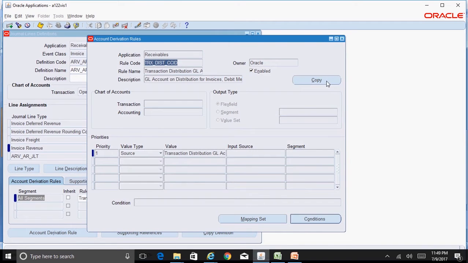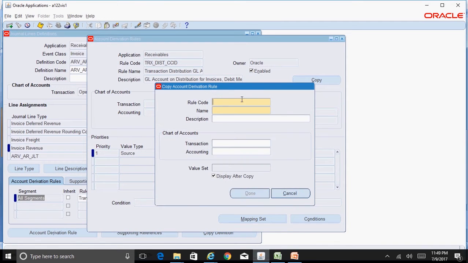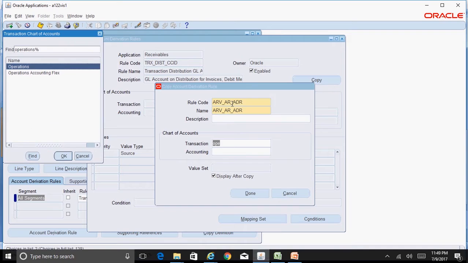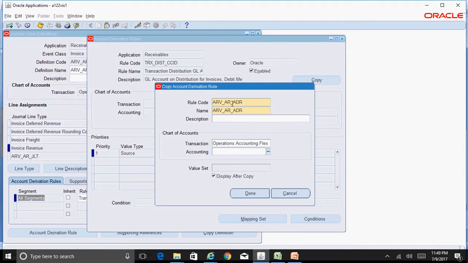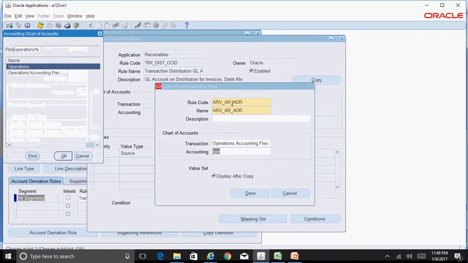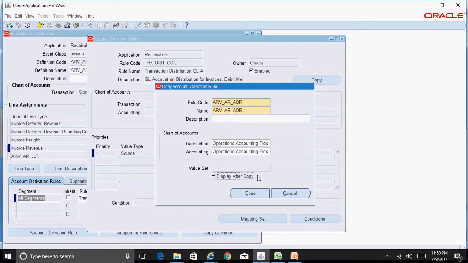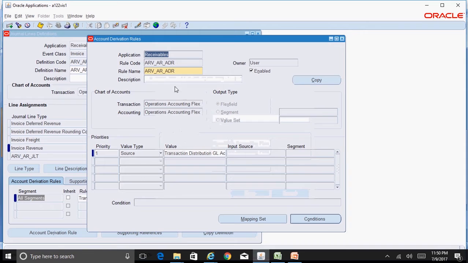Now click on Copy. This is your custom ADR, ARV_AR_ADR. Transaction chart of accounts is Operations Accounting Flex, and accounting again the same, Operations Accounting Flex. Click on Done. So this is your custom one.